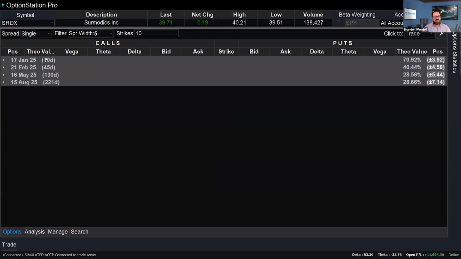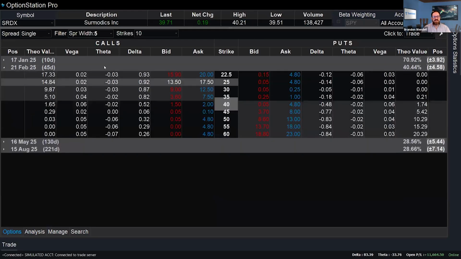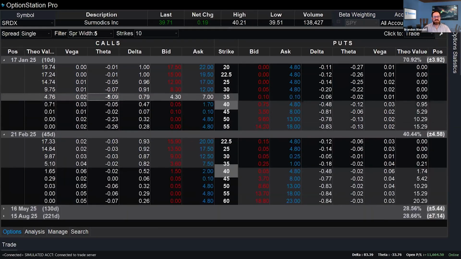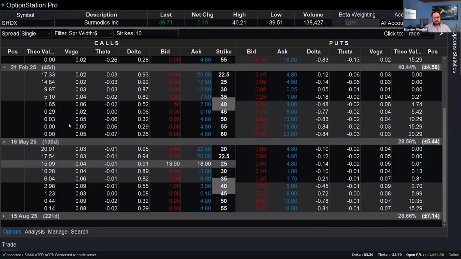I would not choose the 10 days or 45 days. Again, the reason why, time decay. My theta time decay doesn't look so bad on the 45s, but the closer you get to expiration, the higher it's going to go, and it can be a pretty good percentage of your premium. This is a relatively low price stock with low premiums, but by going out further, a couple things happen. Volatility or Vega is usually higher on further expirations than it is on nearer expirations.